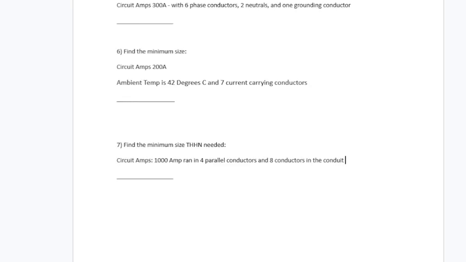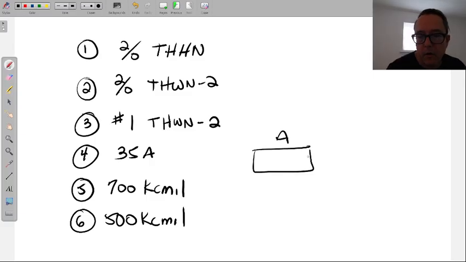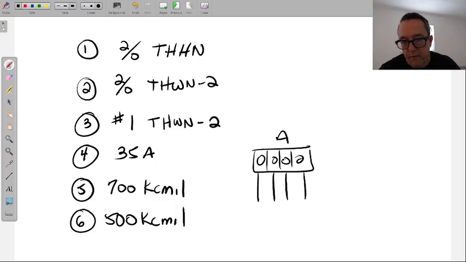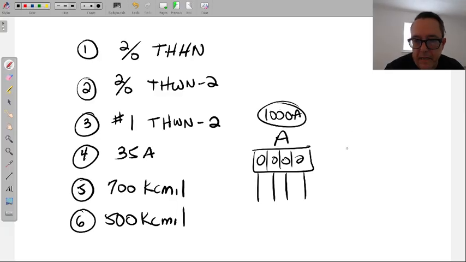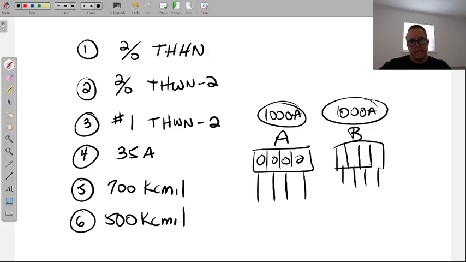I think you misunderstood what I was saying. For parallel conductors, that's 2 per parallel, right? Or 3 per parallel. No. 4 per parallel. So for A phase, I'm gonna land 4 wires on the A phase position. 1, 2, 3, 4. All 4 of them together should be able to handle 1,000 amps. And then B phase, same thing. I'm going to put 4 wires on B phase. And then these are all going to be, of course, the same size conductor. And C phase, if we're looking at 3 phase.